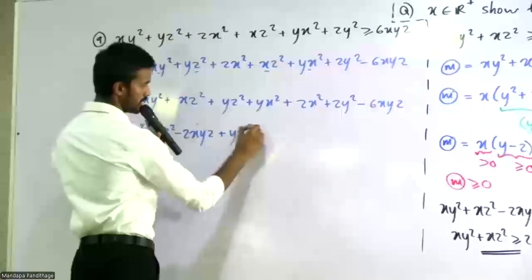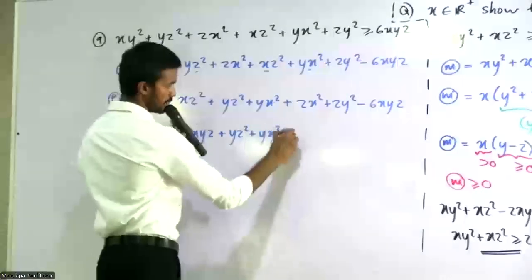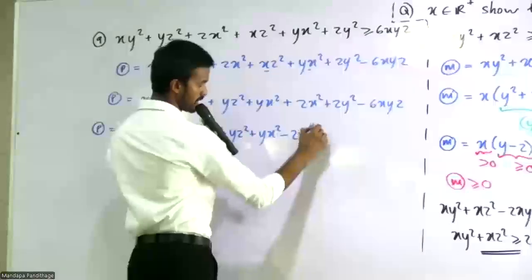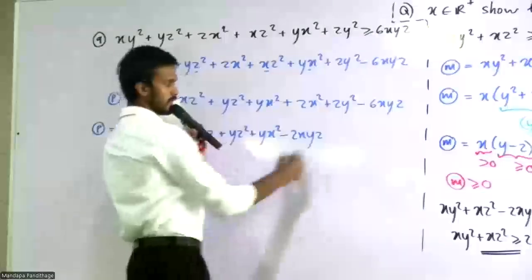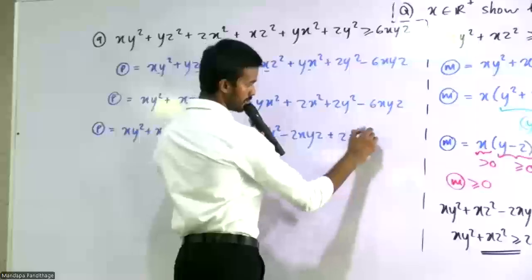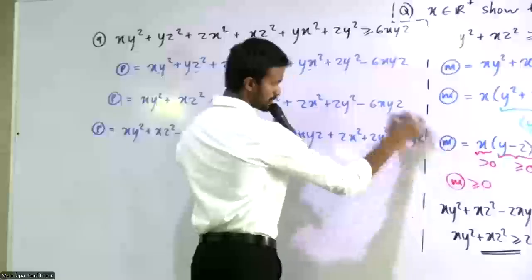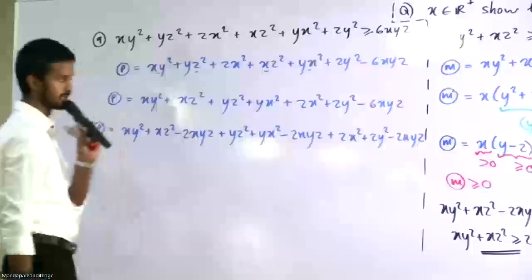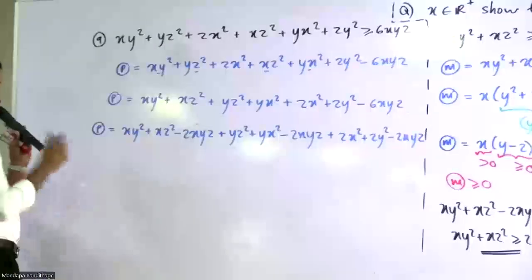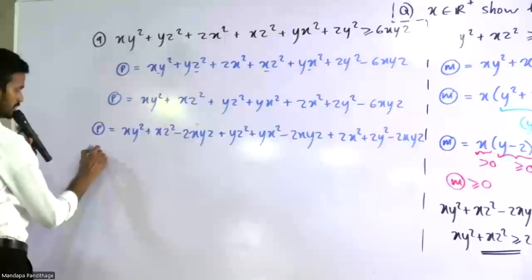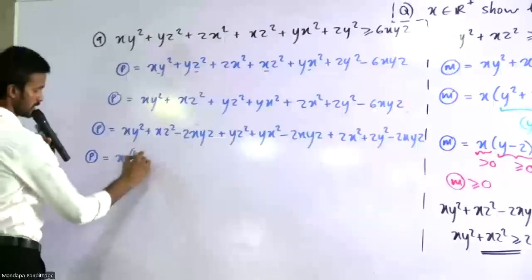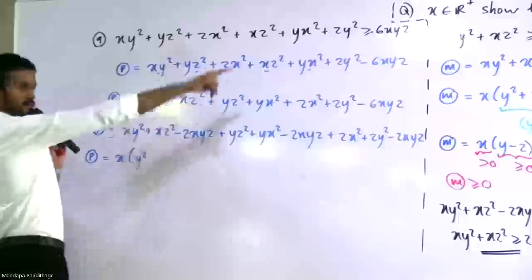Yz squared, yx squared, minus 2xy. I'm taking another 2xy. And then with the last one, I'm taking the remaining 2xy. So I have split this minus 6 into minus 2, minus 2, minus 2. Now it is clear. Here, when you take this x out, this part is previous experience, because I